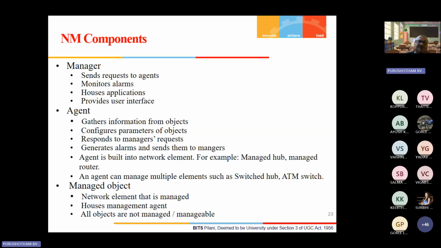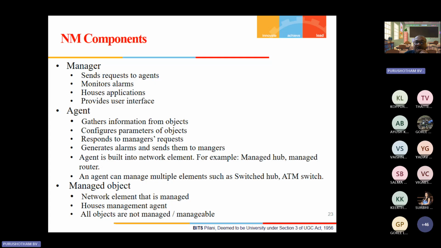The manager is responsible for sending requests to the agents, monitoring alarms, housing the applications, and providing the user interface. The agent gathers information of the managed objects, configures parameters, responds to the manager's requests, and generates alarms and sends them to the managers. The agent is built into the network element, a part and parcel of the managed object itself.